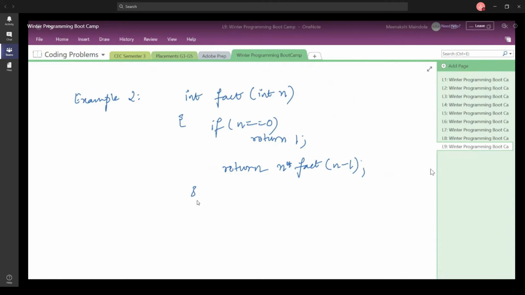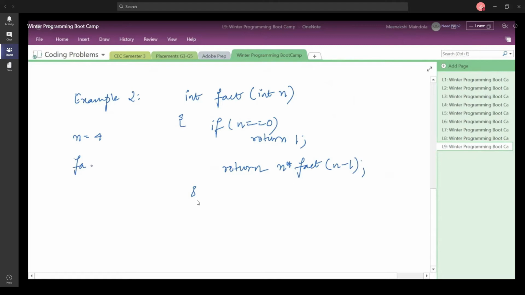So it is going to be order of n, not order of n factorial. Why is it so? How do you move forward? Let us suppose I have the value of n is equal to 4 and I call this function with n is equal to 4.